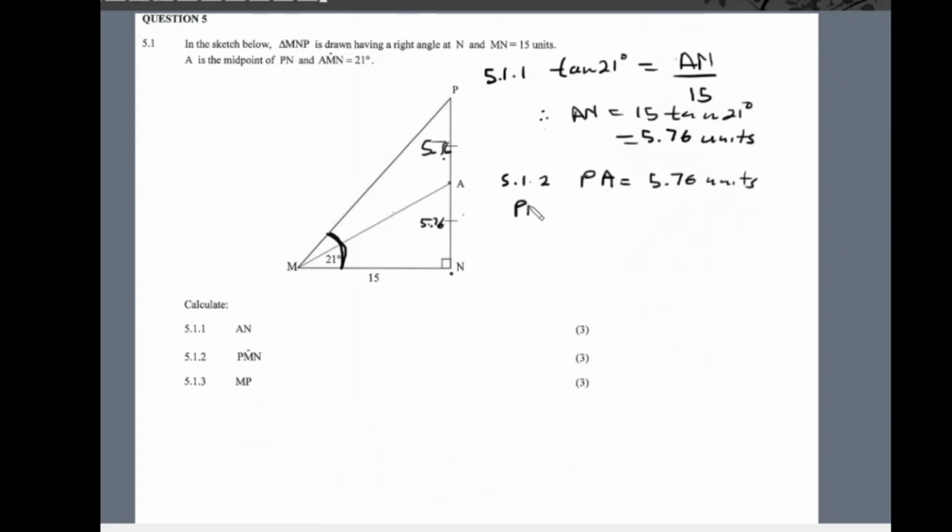So PN is equal to 5.76 plus 5.76. This is equal to 11.52 units. So now in our bigger triangle we have